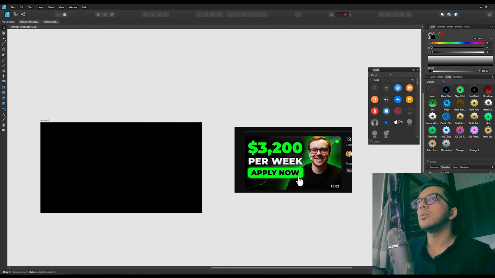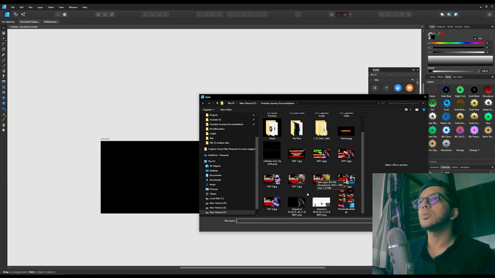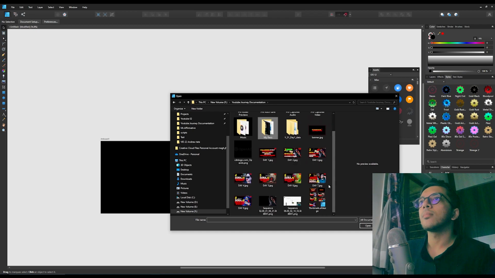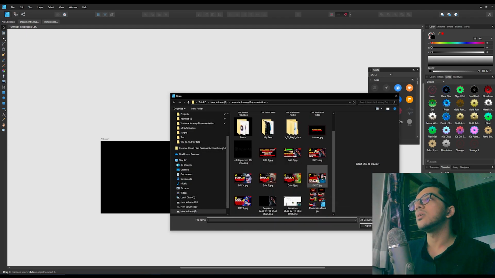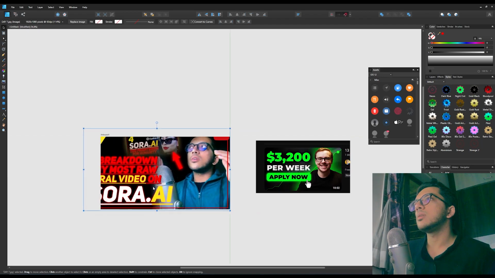Next is the face. For example, if I take my own face, which one should I take? So if I show you again, this tool is the place image tool in this window. If you click on that, it takes you to your browser, and from here you can choose your image. If I choose my image like this,